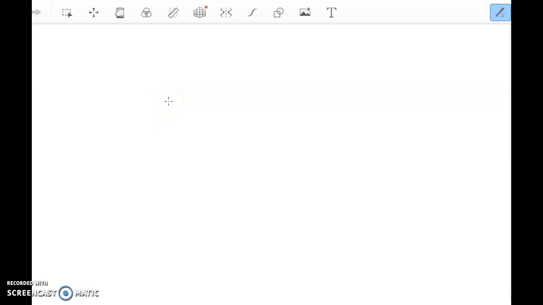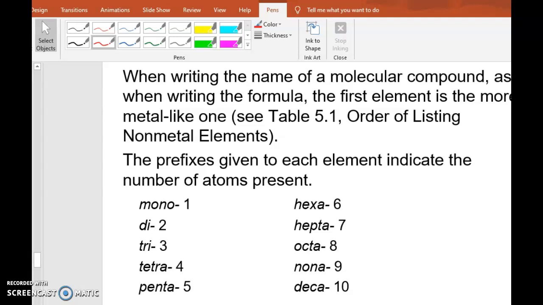All right, our last little bit of naming that we're going to do is naming molecular compounds. When you are naming molecular compounds, you need to use the Greek prefixes. These are your Greek prefixes that you'll find in table 5.1 in your book. Molecular compounds are when two or more nonmetals are put together, and in order to name them, we're going to use the Greek naming system, so you have to memorize